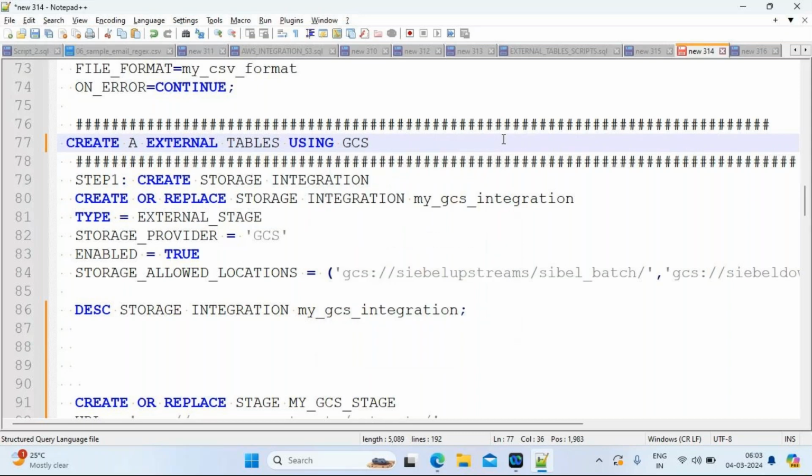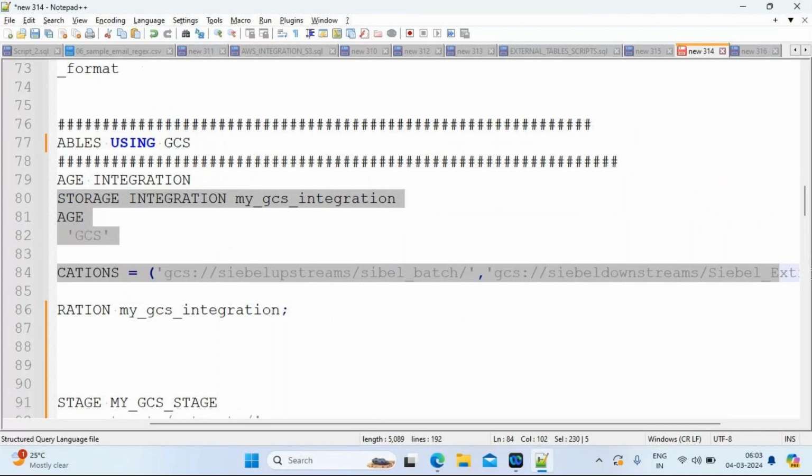Now step 1 is going to be storage integration. Now copy the script and